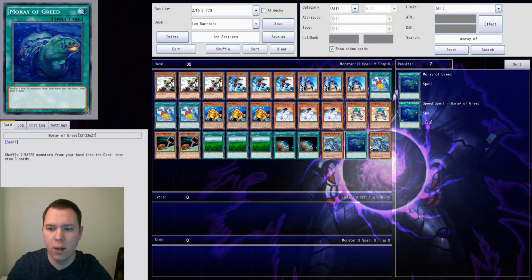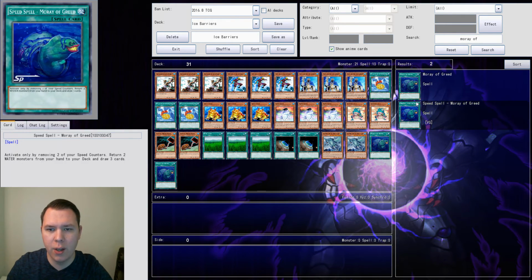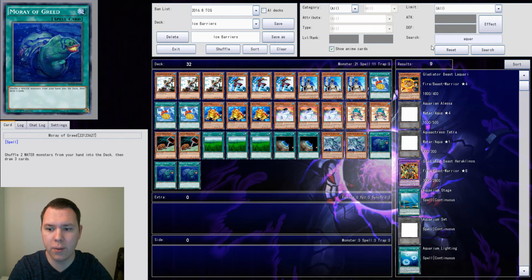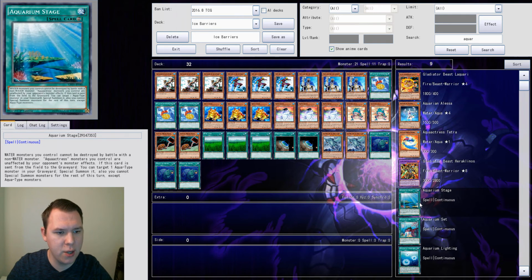Moray of Greed, which is super helpful. I'm not sure if that was the right one or not. There we go. So we'll add 3 Moray of Greed. Another amazing card that I never even thought of, so shout out to Tyler for giving me this idea, is Aquarium. Is it Stage or...